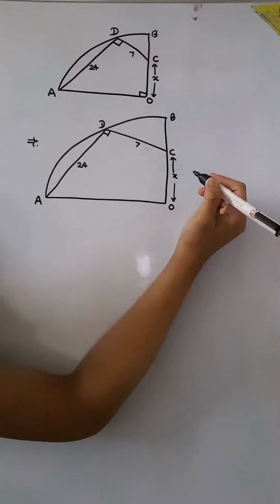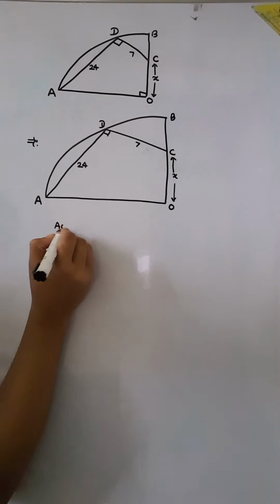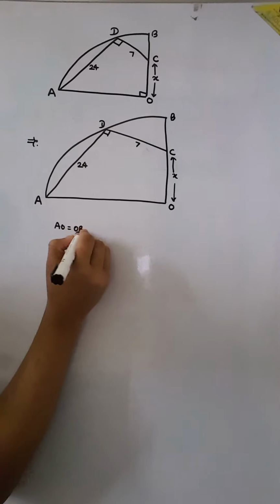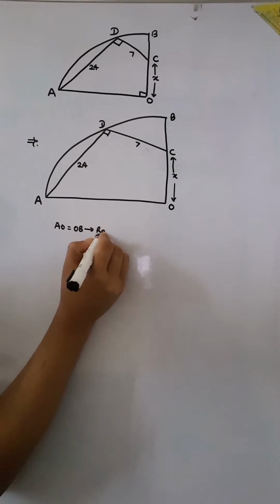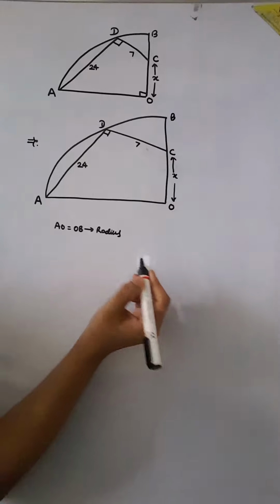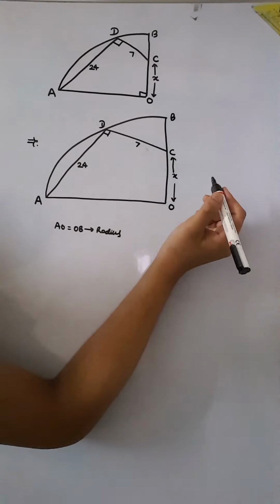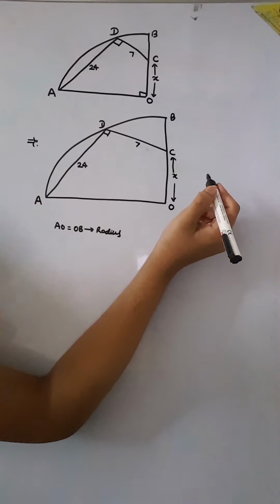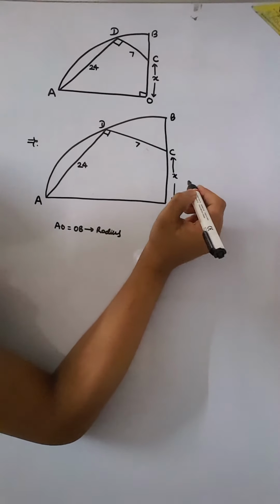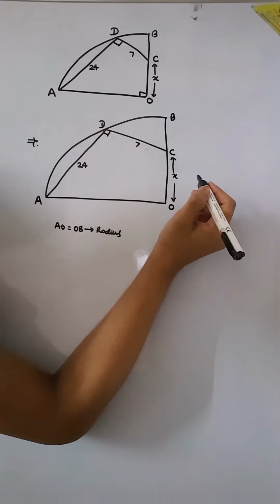As we all know that this is a quarter circle, then the dimension of AO will be equal to the dimension of OB because both of them are radius. So it will eventually be the same. Moving ahead. So first what we can do is